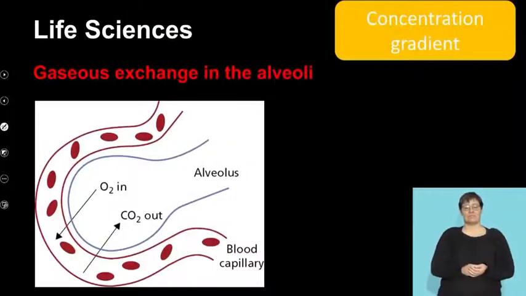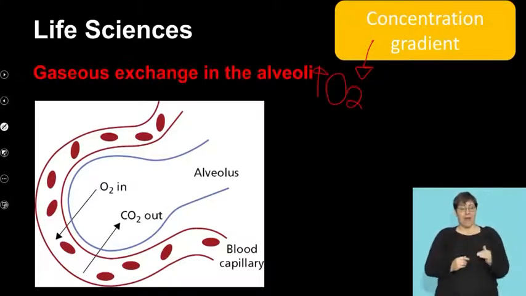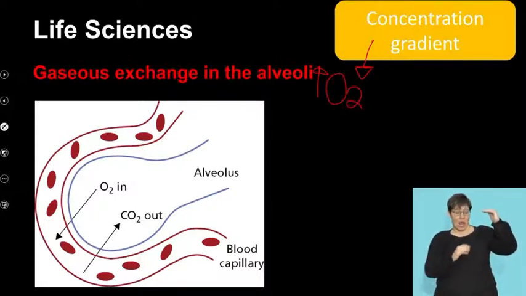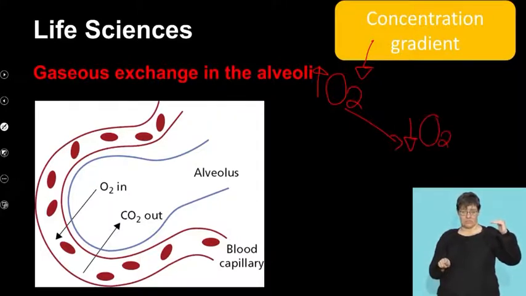All right, guys, let's start with this whole concept. This little concept that I've put at the top here is quite important. What do I mean by a concentration gradient? I mean that if, for example, I have a high amount of oxygen on one side, and on the other side I have a low oxygen concentration, then basically I've got a hill.